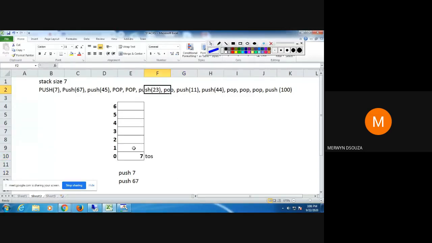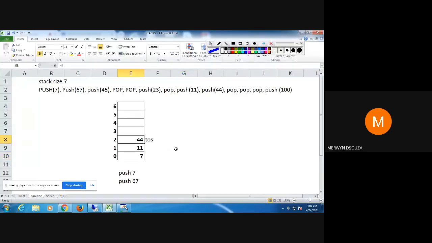Then push 23. So 23 gets inserted, and top is incremented. Then I'm having pop, delete this, and top of the stack is decremented. Then I'm having push 11 and push 44. So at the end of that, your top of the stack will look like this. And I'm having 3 continuous pops.